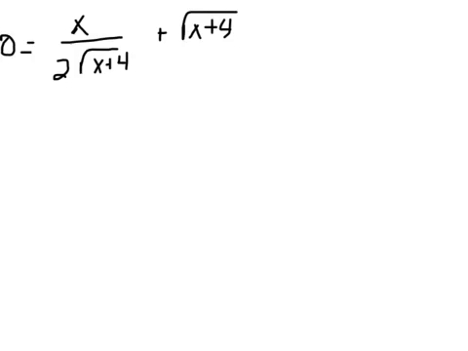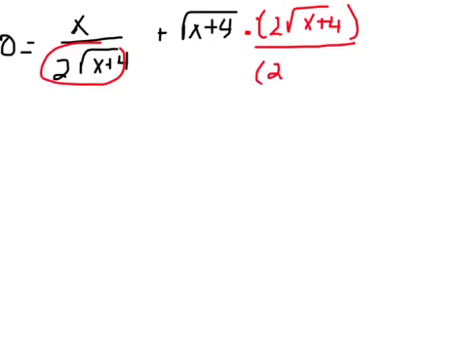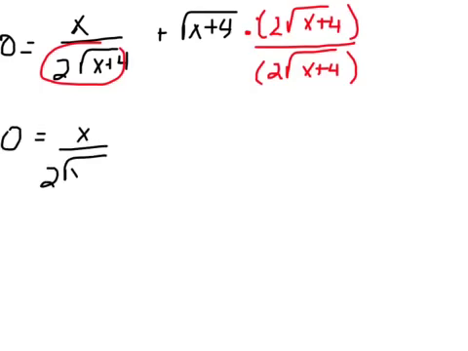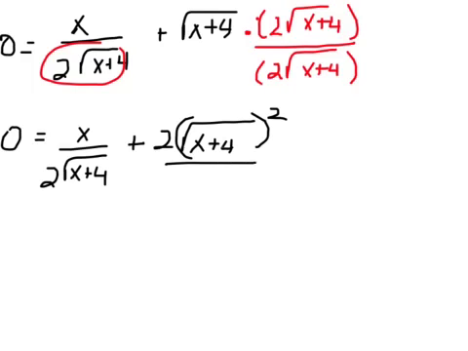If I need a common denominator, I really need this right here on the other side also. So couldn't I just multiply this by 2 square root of x plus 4 on the top and 2 square root of x plus 4 on the bottom? Okay, so that's 0 equals x over 2 square root of x plus 4. And then over here, it's plus 2 times the square root of x plus 4 squared over 2 square root of